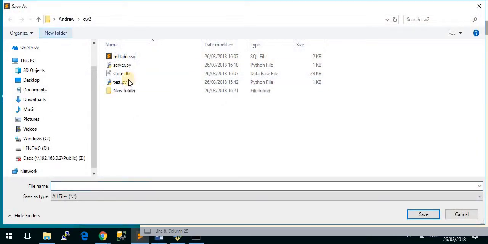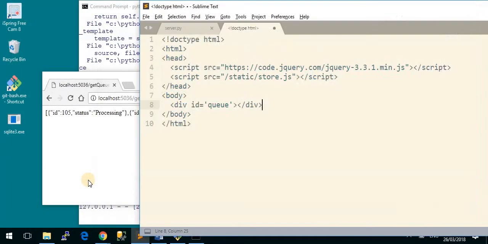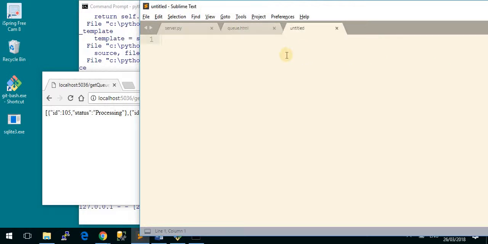Okay, so that needs to go in the templates folder. Templates, and this will be the queue.html. Okay, I also need this one here, this static store. So let's create